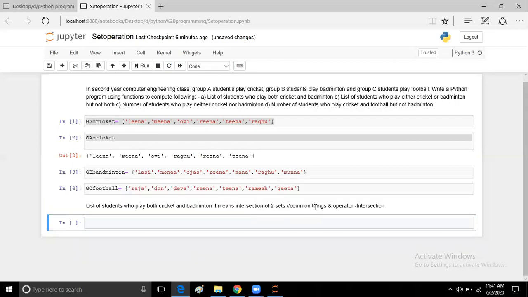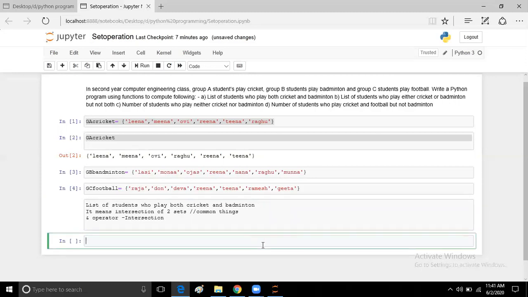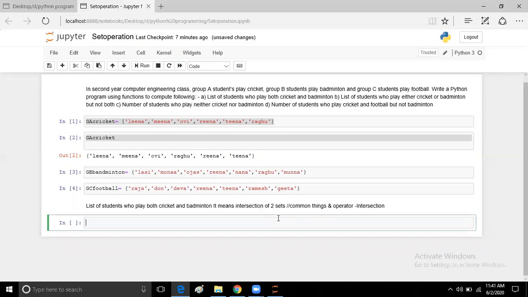Now after this, we have to find out who will play both cricket and badminton.